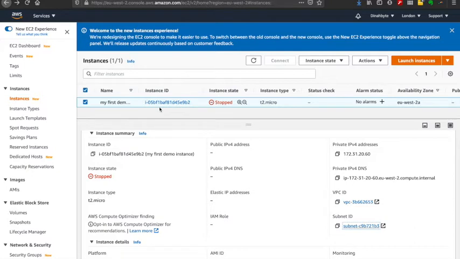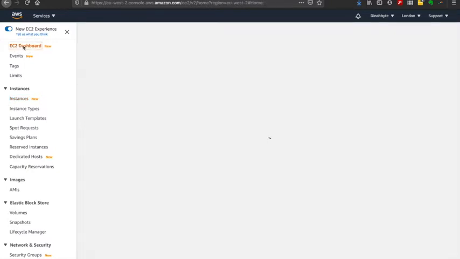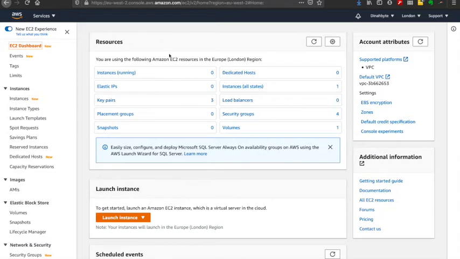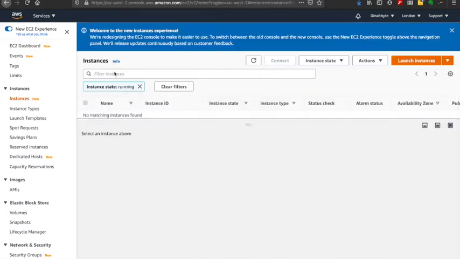I logged into AWS, and you have the new experience now. On the dashboard, you can see your instances running, your elastic IPs, and we'll talk about the elastic IPs shortly. You click on your EC2 dashboard, you have instances running, you click on your instances here,